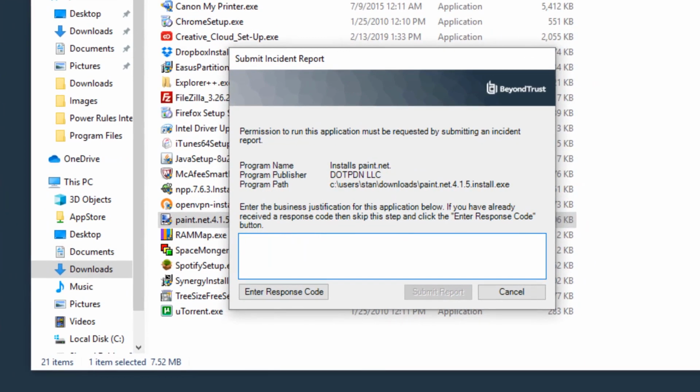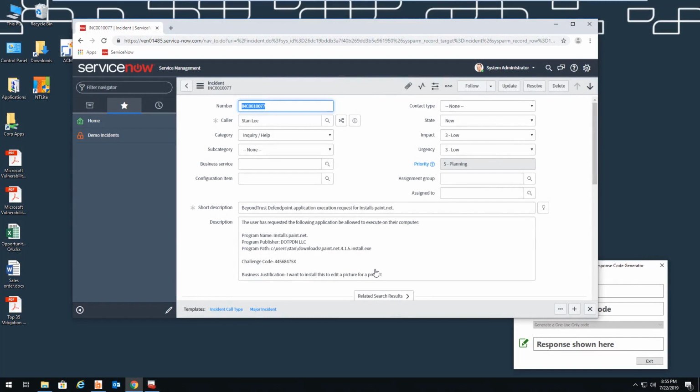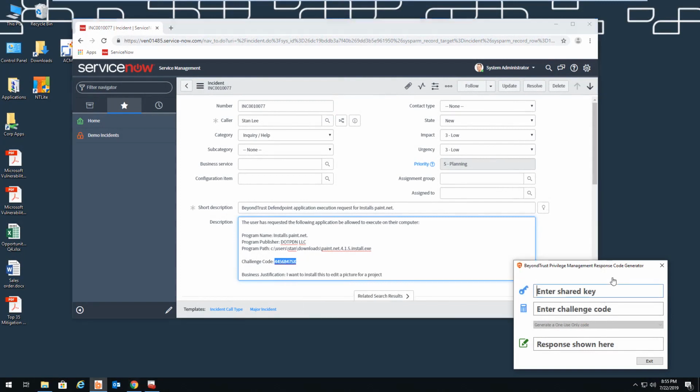Because we integrate with ServiceNow, the low flexibility user can enter some details about why they need the application. This will create a ticket in ServiceNow where the help desk can investigate for a resolution. When BeyondTrust Privilege Management sends a ticket to ServiceNow, it attaches a unique code to the instance. If the help desk decides to allow this application, they can use our challenge and response generation tool to create